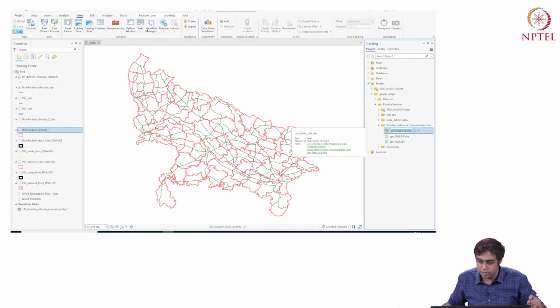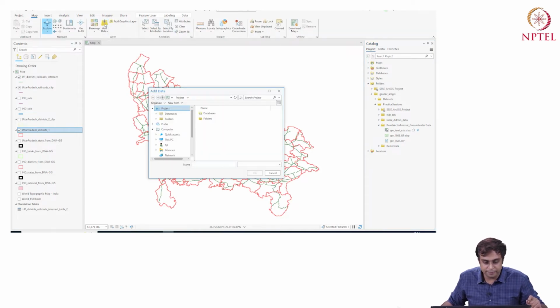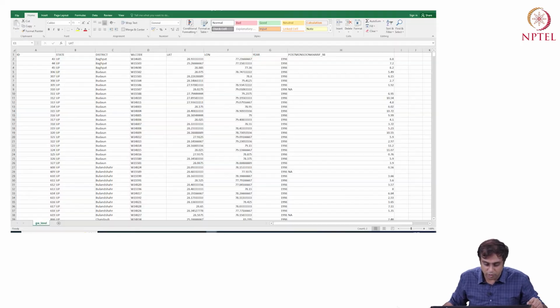It seems it won't. So I'm going to do one thing. I'm going to go into Map. I'm going to click on Add Data. I'm going to go to my folders. Okay, so vector, then I have my XLX file. Okay, so this says groundwater level 1988. It's a typo. It should be 1998. And this has a dollar sign, so this should be the sheet name. So let's go back to our Excel file and see for sure if we have that name.